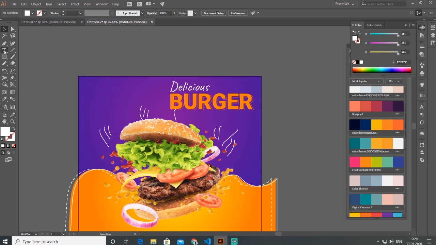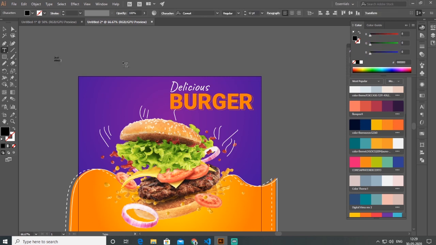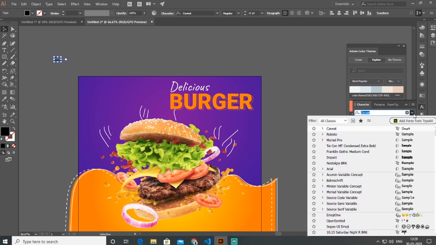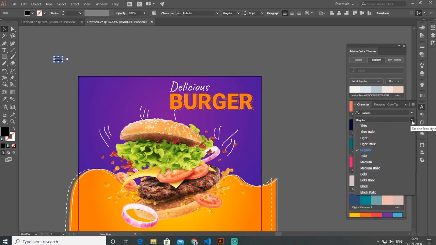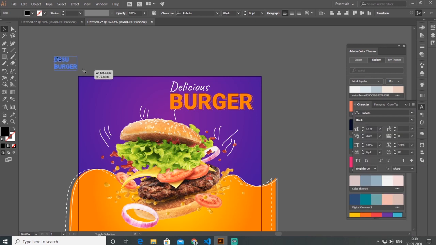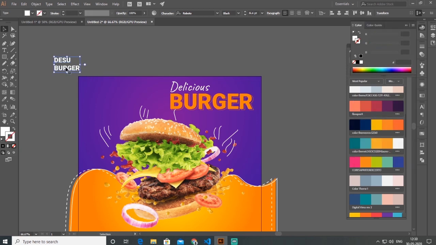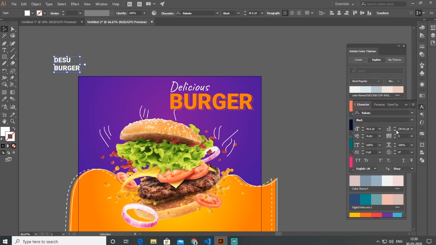And I want to put a logo. I write down this name and change the font face into Roboto black and just increase the size and color will be white. And I want to set the leading, means space between lines. I just change the leading size,